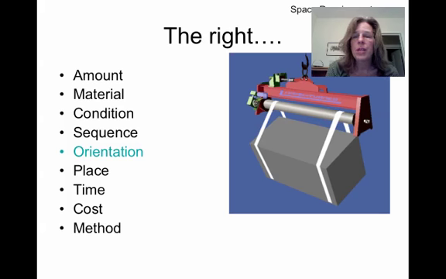The right orientation. This is a picture of a crane that can rotate a heavy item. This is actually really important when you're dealing with awkward or large shaped items, making sure that it comes to the next sequence in the manufacturing process, or comes to the shipping area, or comes to the storage area in the right orientation. At Boeing, they have actually large cranes that rotate the fuselage or the wing in order for it to be in the right position in order to go to the next step. That is also part of material